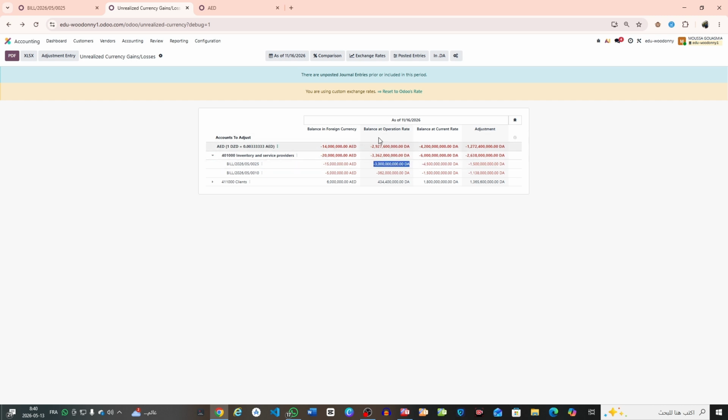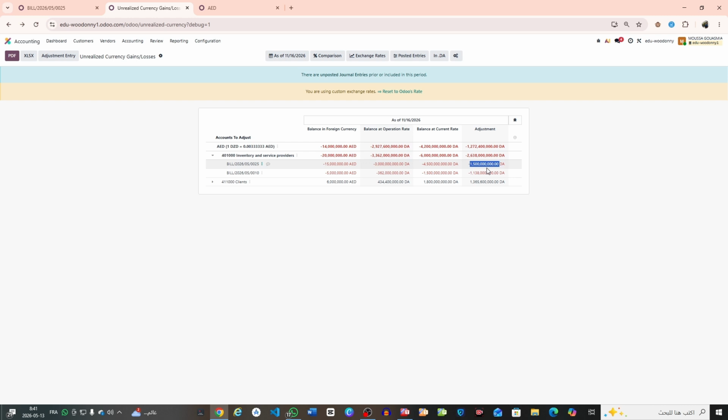So here we can see the balance at operation rate is 3 billion Algerian dinars, and here in current rate, the rate of this date, November the 16th, is 4.5 billion Algerian dinars. So the adjustment is minus 1.5 billion Algerian dinars, because this amount minus this amount,